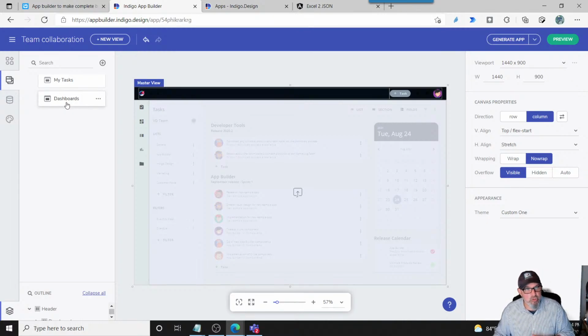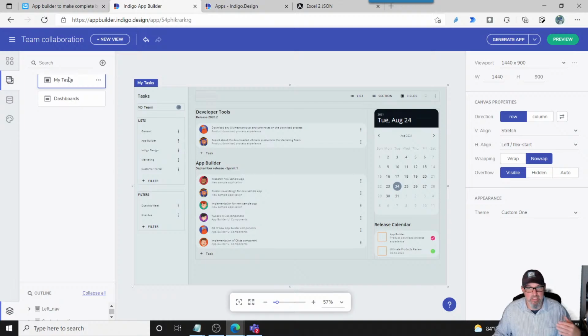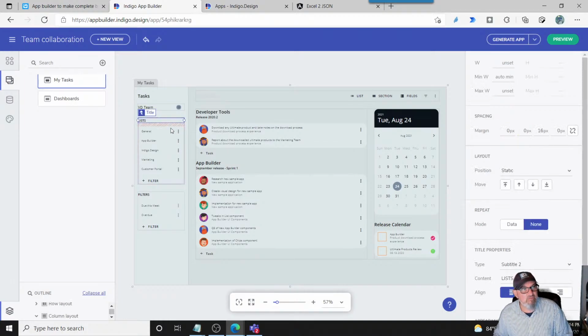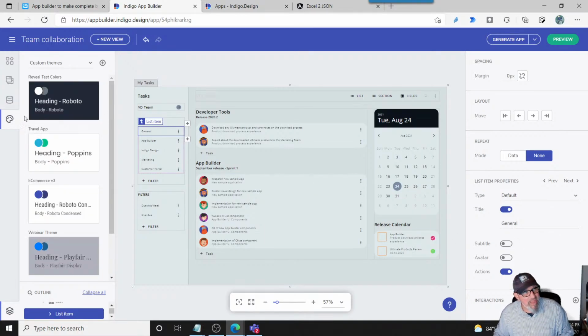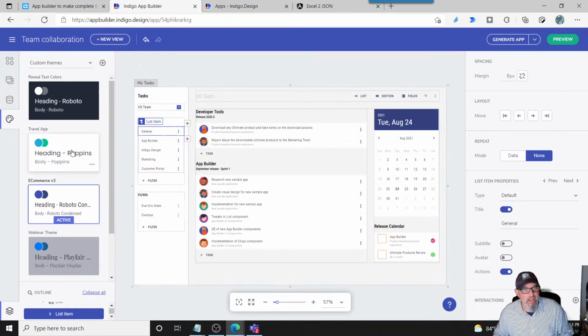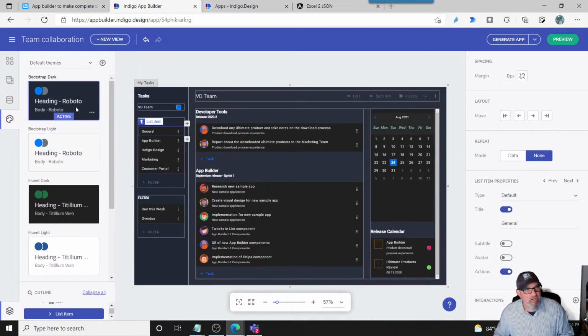You have complete control over what your application looks like, either by creating a new custom theme or overriding individual UI components through the property editor. Now, if I go back to the theme, you'll notice here, I can switch between my custom themes and my default themes, and I can then easily just go back to my default themes, and I want to go back to the Roboto theme. It's what I like, it's what I want,